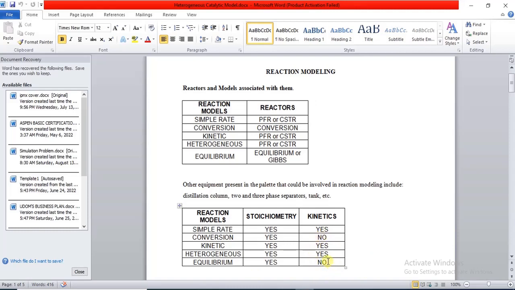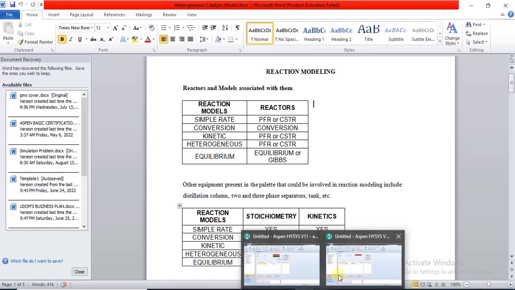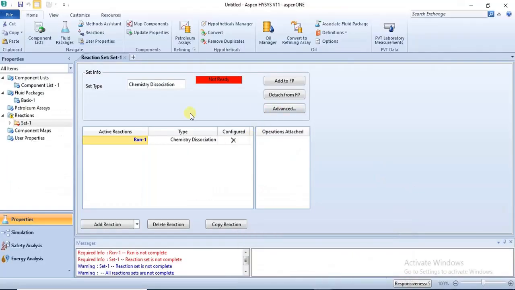So now we'll be looking at these models individually, right? If we cannot finish in this, we'll continue in a subsequent tutorial. We'll try to look at each of these models individually and how to specify them properly, right? So let's go over to the simulation environment. We'll be starting with the